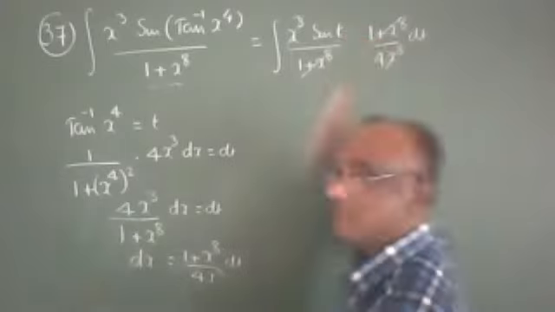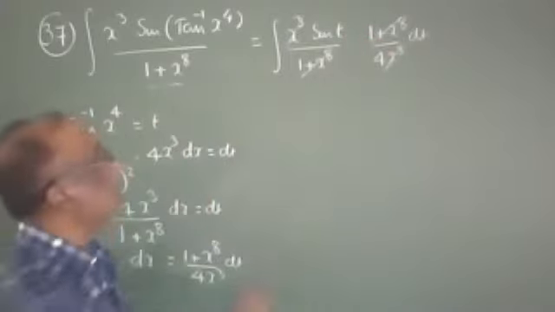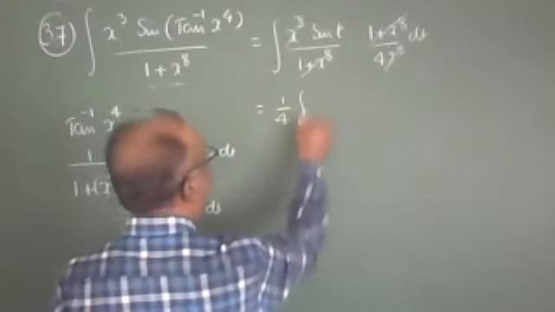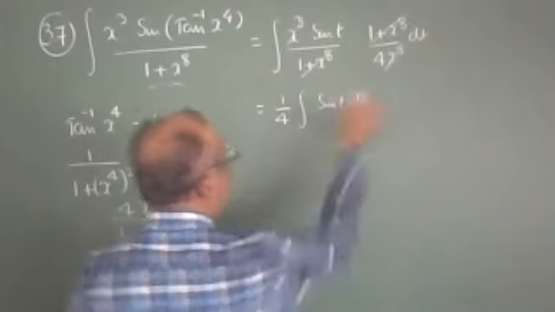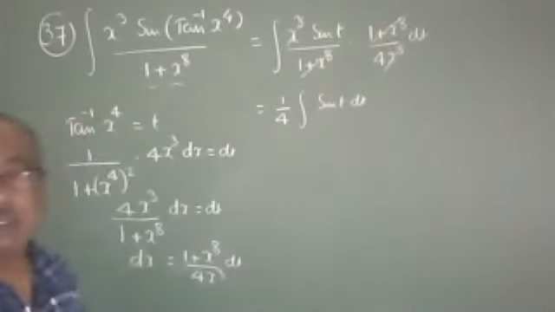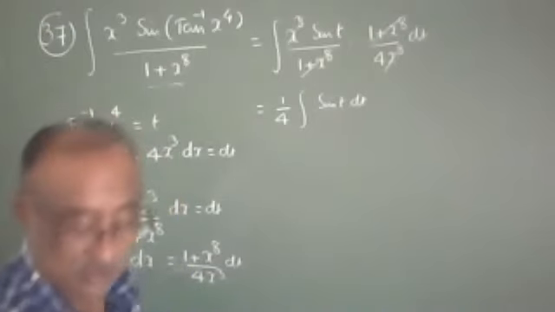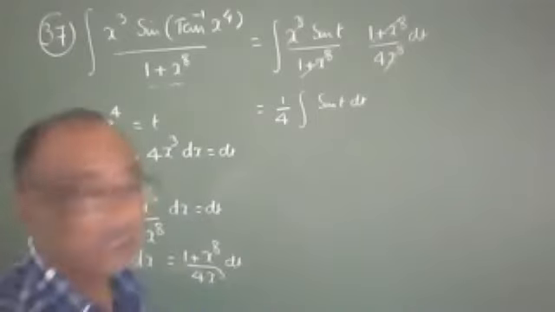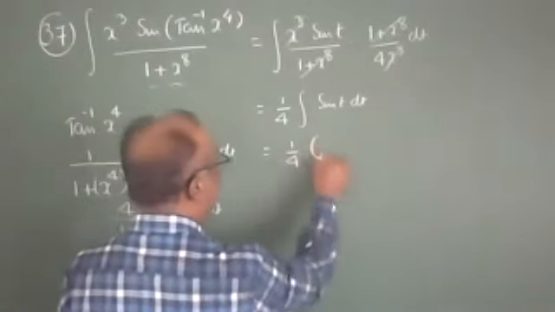Only single function is remaining, sin t. So 1 by 4 is outside. Integral of sin t dt. What is the integration of sin t? It is minus cos t. Okay? Right, 1 by 4 minus cos t